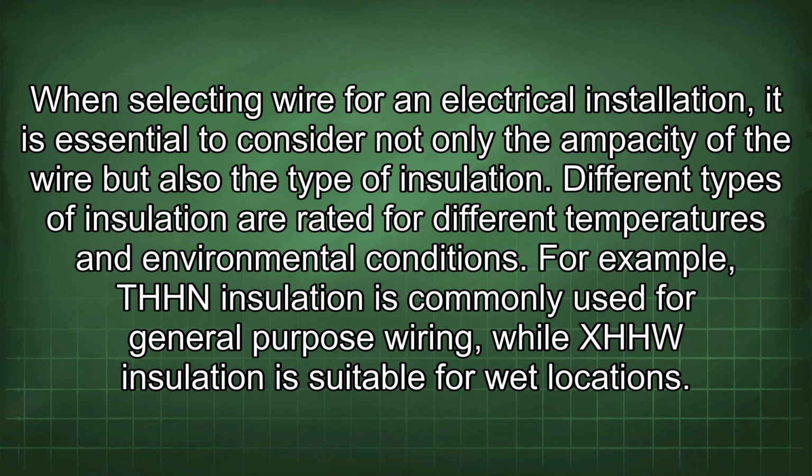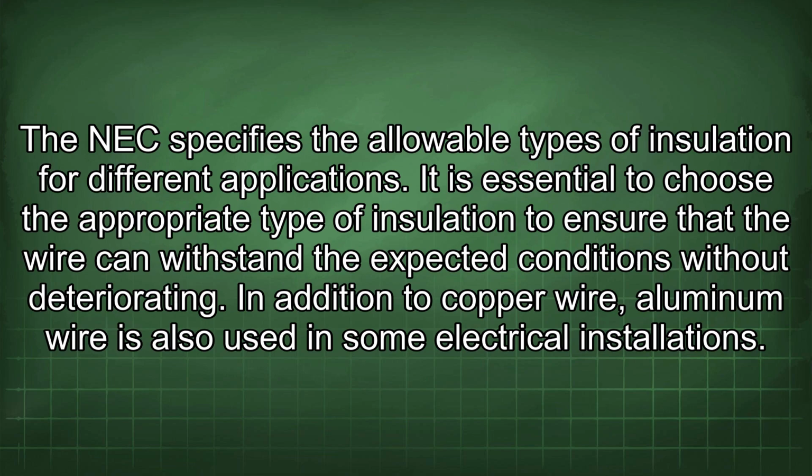When selecting wire for an electrical installation, it is essential to consider not only the ampacity of the wire but also the type of insulation. Different types of insulation are rated for different temperatures and environmental conditions. For example, THHN insulation is commonly used for general-purpose wiring, while XHHW insulation is suitable for wet locations. The NEC specifies the allowable types of insulation for different applications. It is essential to choose the appropriate type of insulation to ensure that the wire can withstand the expected conditions